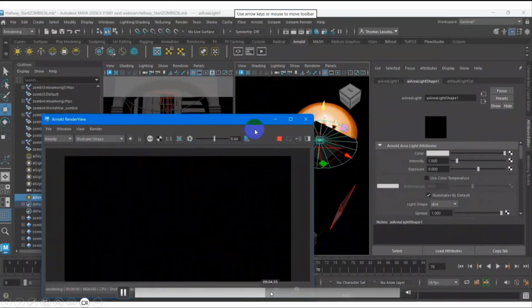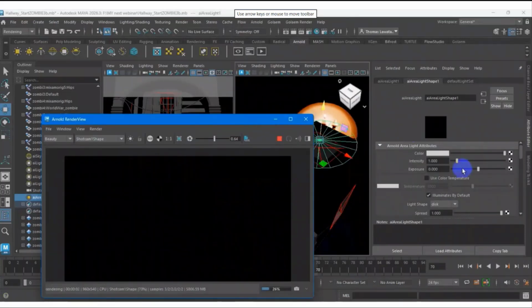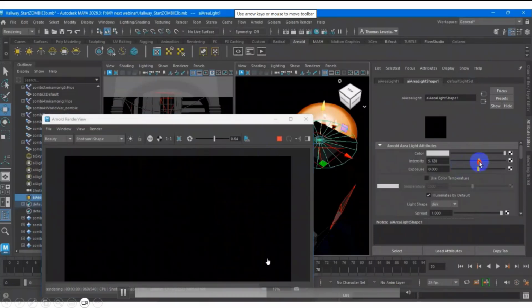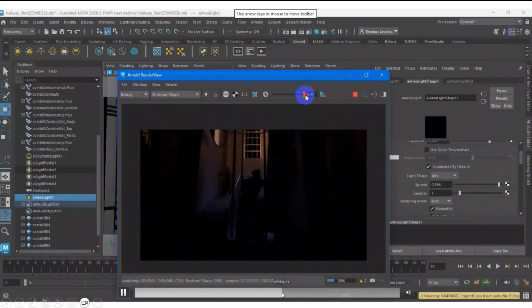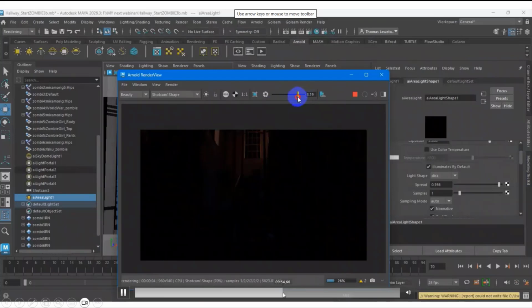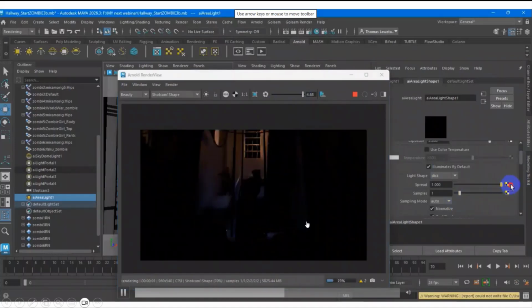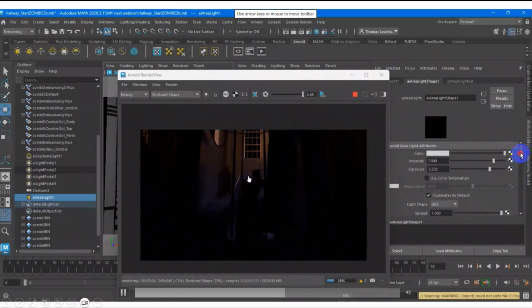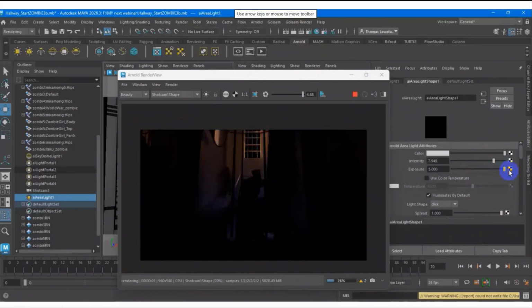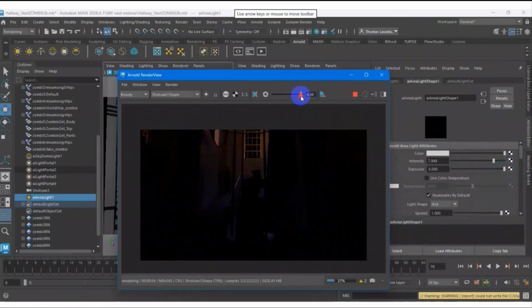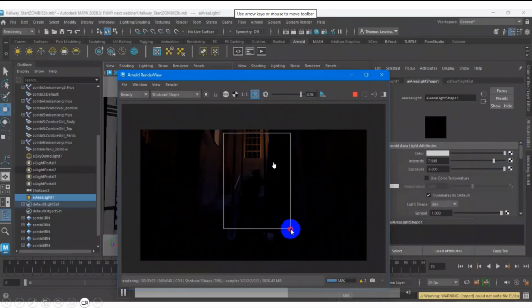So I move. I think we should try to see the render output, the result. So I adjust the intensity. This is bad, that's why I need to decrease the exposure inside the Arnold render. Not too bright, because this is a horror movie reference. We don't want it brighter inside the room, the interior.